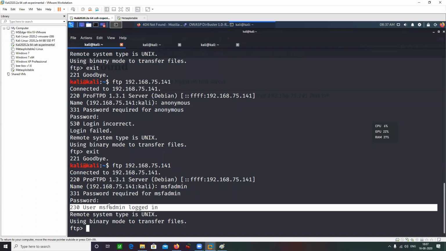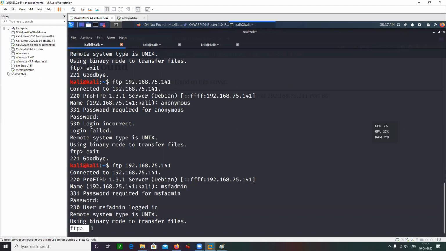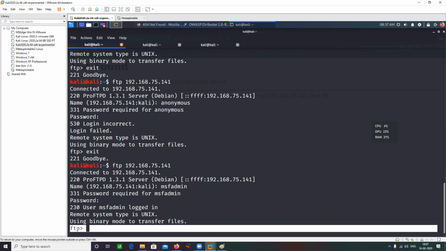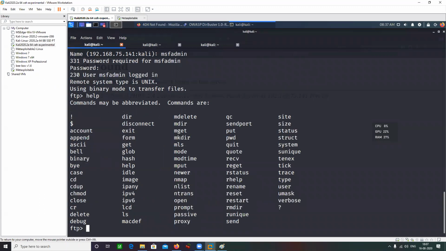Okay, so now you can see that the shell has changed. Now I am inside an FTP shell instead of a bash shell. So my bash commands are not going to work here actually. I can simply type help here for opening a help menu.